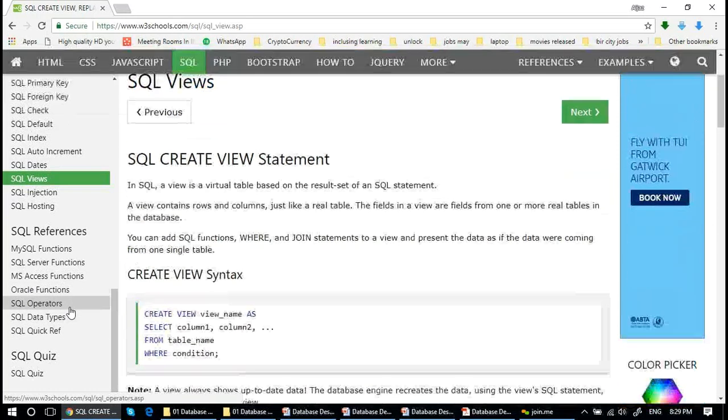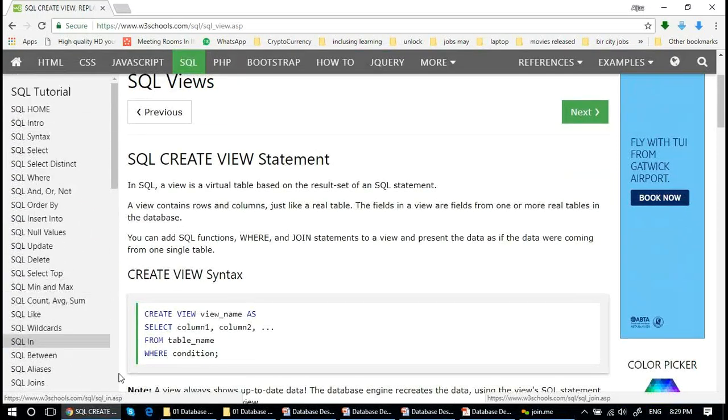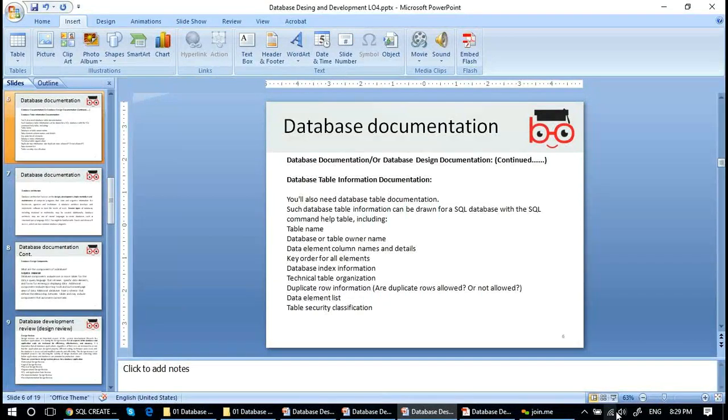These commands are in SQL, and describe is a command which will explain the table itself. So we come back to this slide.